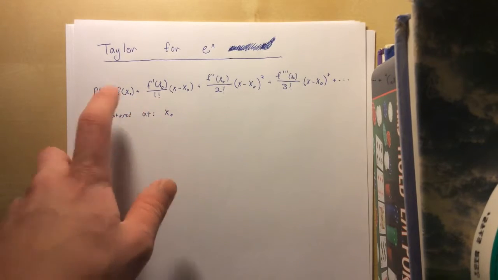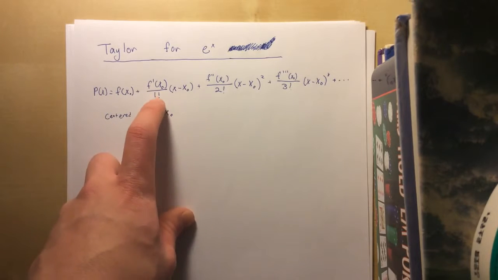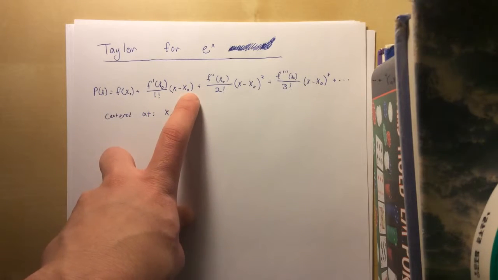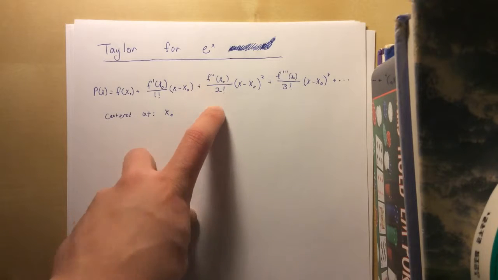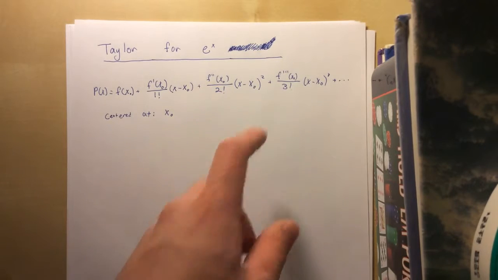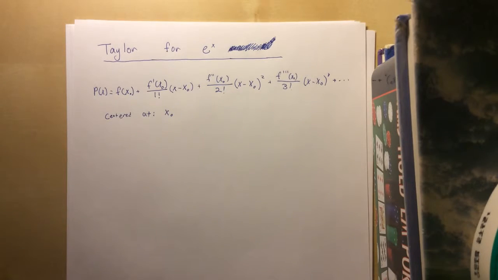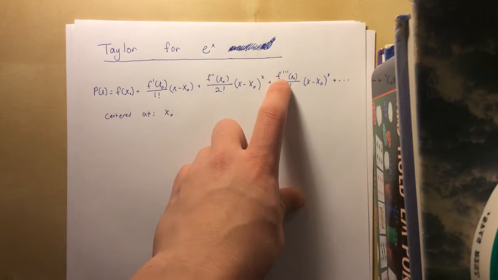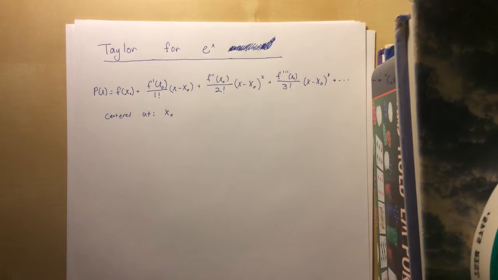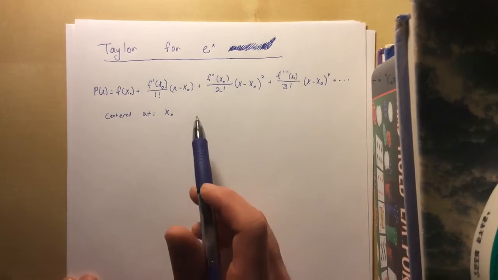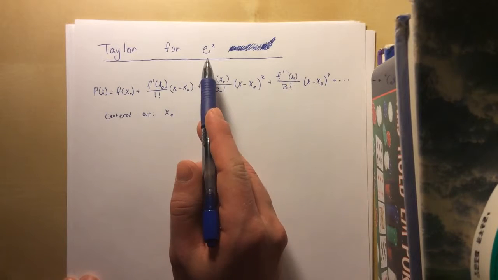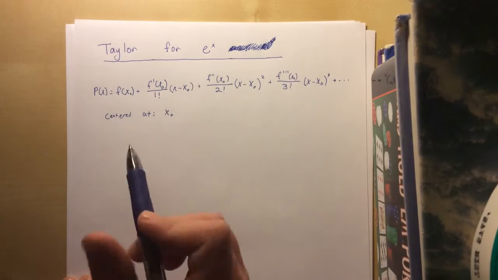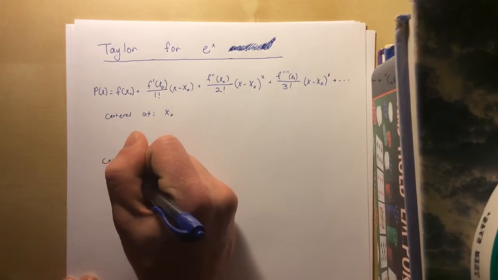plus the first derivative at x naught over 1 factorial times x minus x naught, plus f double prime of x naught over 2 factorial times x minus x naught squared, plus the third derivative of f at x naught over 3 factorial times x minus x naught cubed, and that goes on, and this is centered at x naught. So we want to evaluate e to the x, take the Taylor, and let's center it